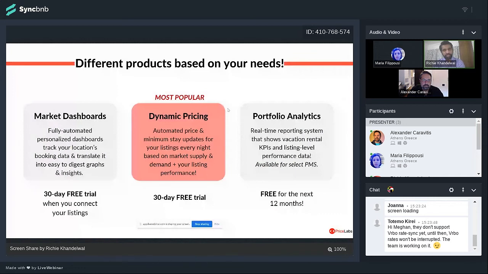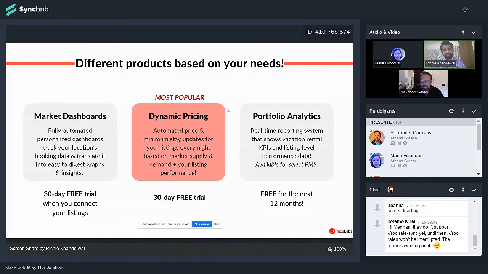Market dashboards shows you market data for various markets. You can specify an address, a radius around it, and we will show you what's happening on Airbnb or VRBO in terms of revenues or future prices, what kind of bookings are coming in, what length of stays, and all kind of stuff.